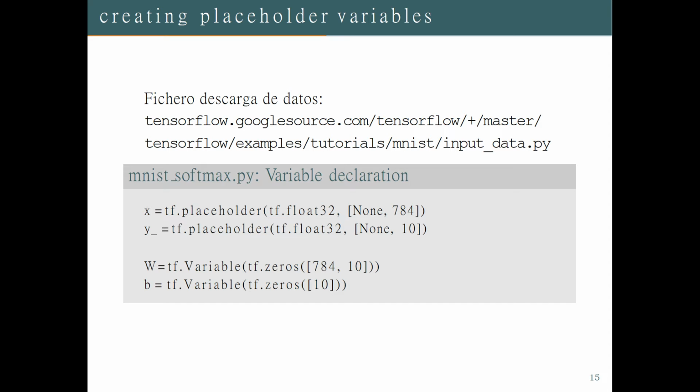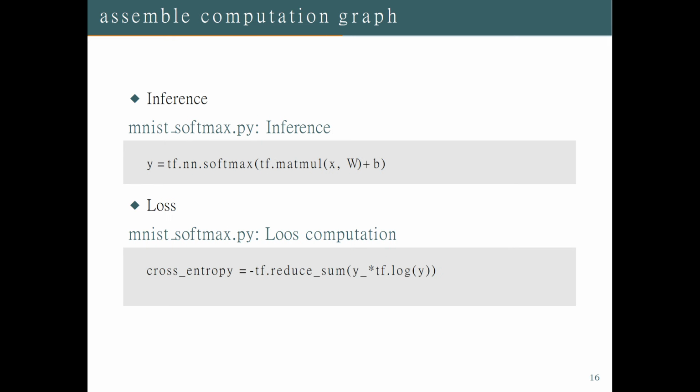This is taken from the reference of tensorflow.googlesource.com, and the variable declarations are of the form x = tf.placeholder(tf.float32, [None, 784]), y_ = tf.placeholder(tf.float32, [None, 10]), and W is a variable of size 784 by 10 because there are 10 possible outputs, digits 0 to 9, and b, the bias, is tf.Variable(tf.zeros([10])). Then we can do inference with the softmax: y = tf.nn.softmax(tf.matmul(x, W) + b), and